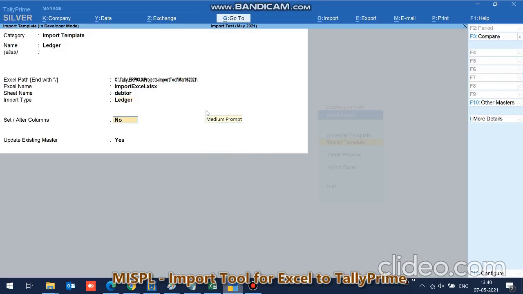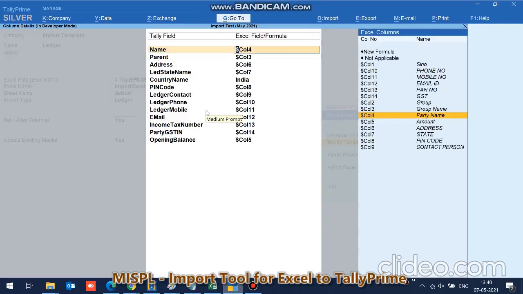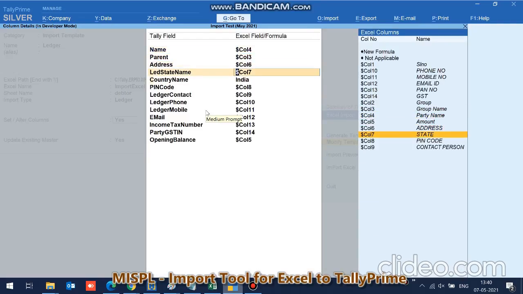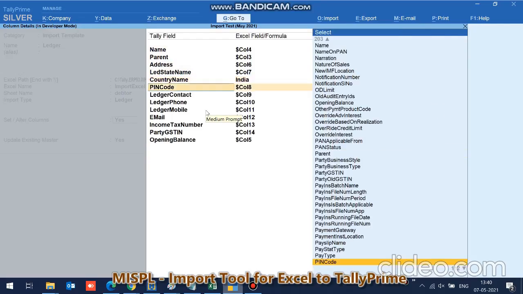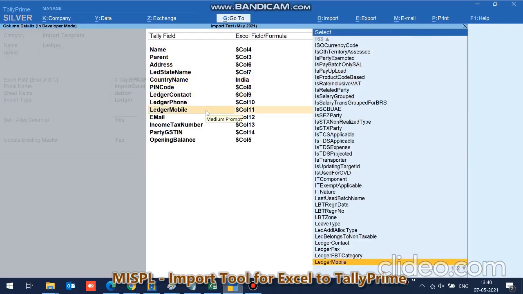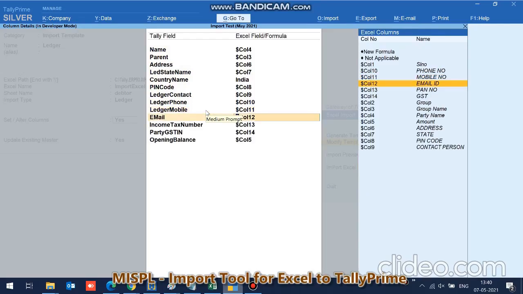So here we have given name, parent, address, ledger name, country name, pin code, ledger contact, ledger phone, ledger mobile, email, income tax as the PAN number, GST, and opening balance, right?